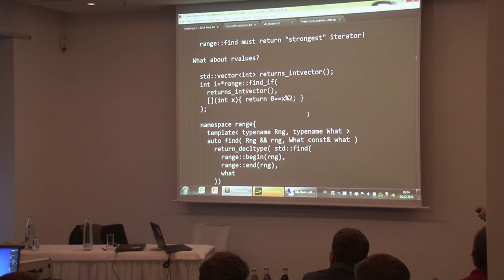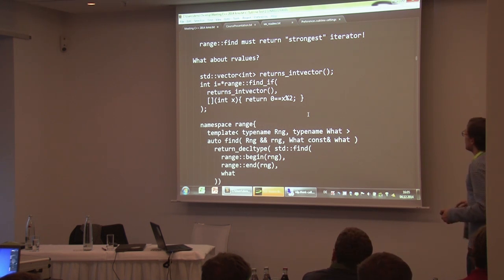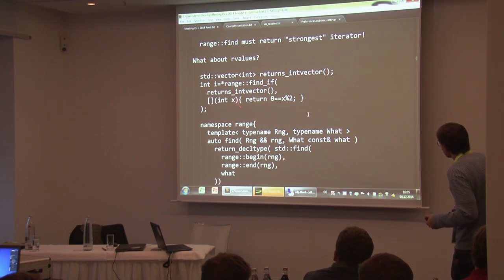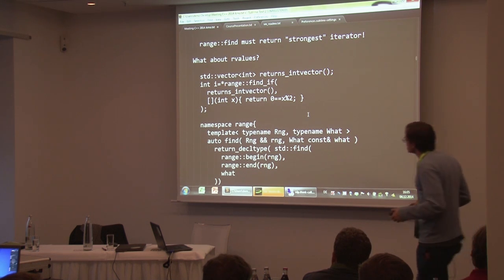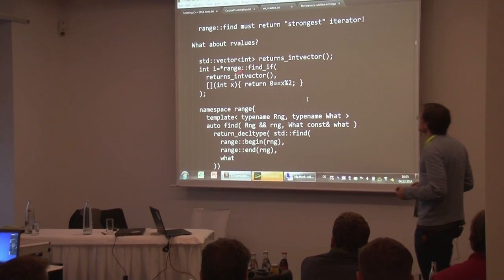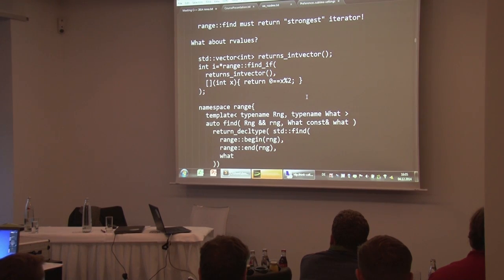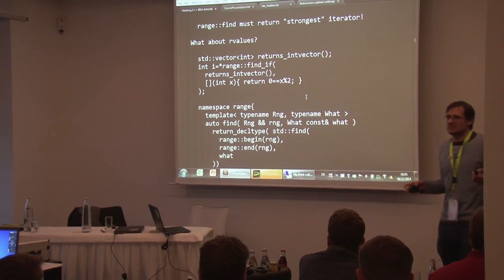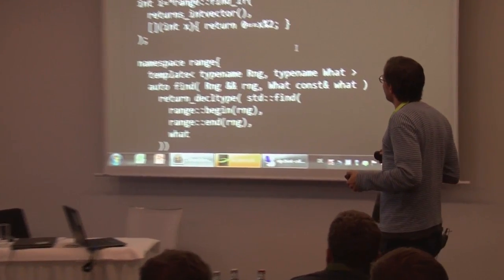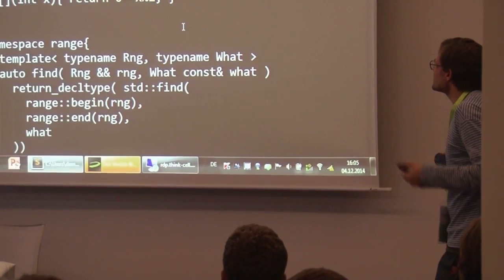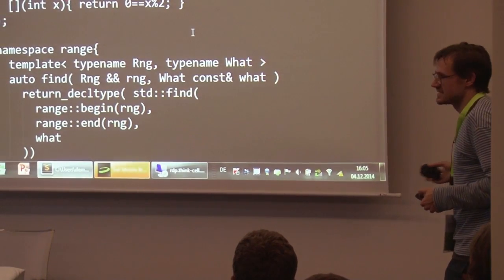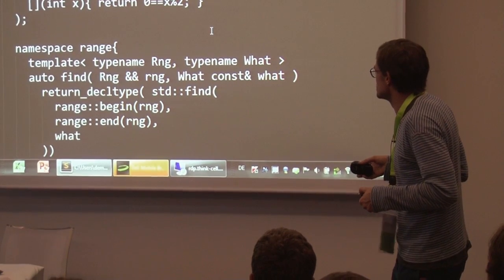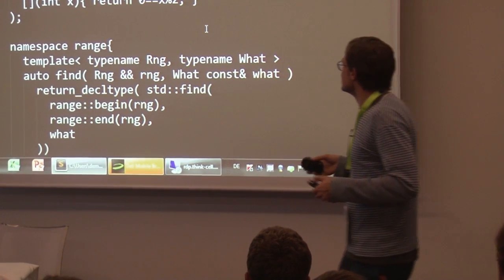And then you plug the value out of it, which would be here the first even value, and assign it to i. Now, this should work, surely. The current consensus is that the iterator that should come out of find if should actually be a mutable iterator. This is a little bit, you could say yeah, you could say no. I couldn't come up with a really good example where you would need a mutable iterator. In this case, you don't. In this case, you are just fine with a constant iterator. Still,